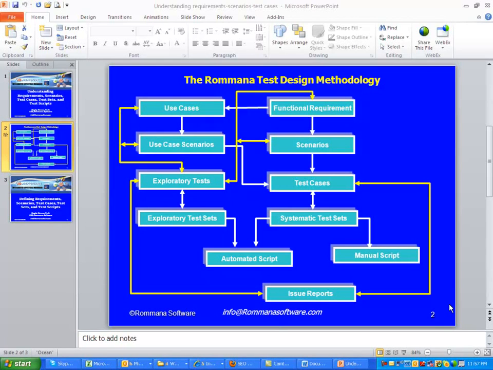Well, in this tutorial, I'd like to quickly show you how you can define scenarios for requirements in order to start preparing for test cases. This tutorial is called scenario-based test design and test management in Rommana, because in Rommana we do not really create test cases directly for requirements, because we understand that requirements are always incomplete, high level, vague, missing